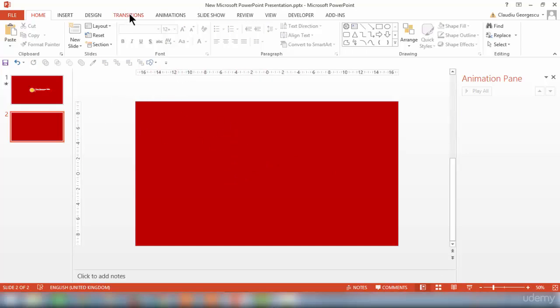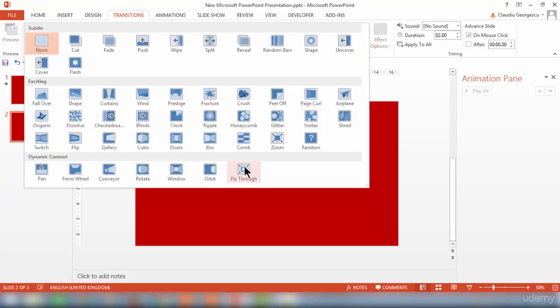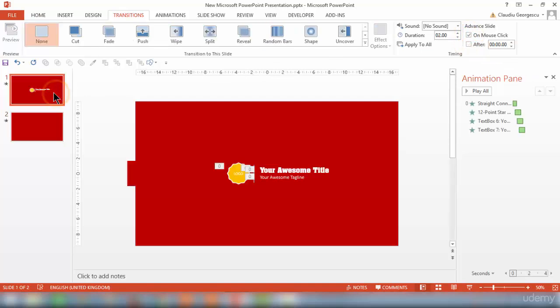And to actually do this, I go to Transitions and choose Fly Through. I then uncheck on mouse click and check after 0 seconds. I go to the first slide and leave it as it is, none, but uncheck on mouse click and check